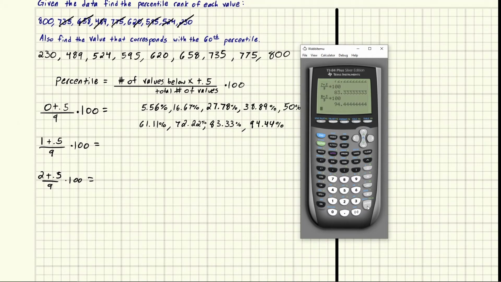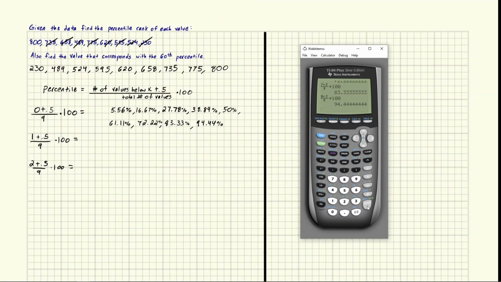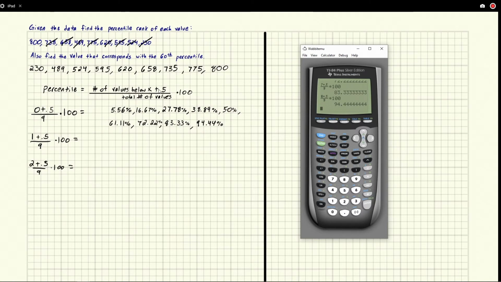So you notice that it doesn't go all the way up to 100%. It doesn't end at 100 and it doesn't start at 0. And you might be going, that's kind of strange that it works this way. Part of the reason for this is that this 0.5 is an offset. So if we have very few values, like 4 values,